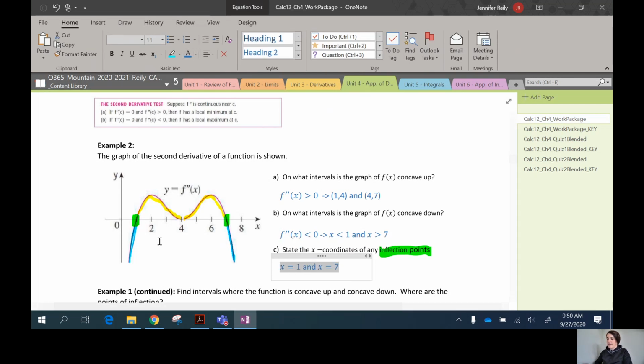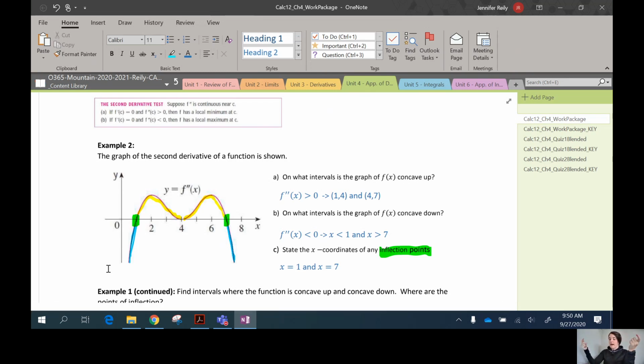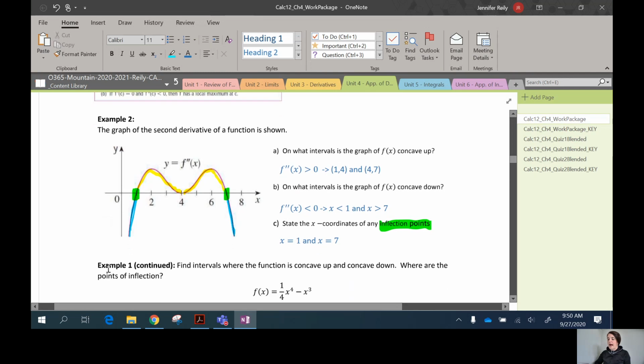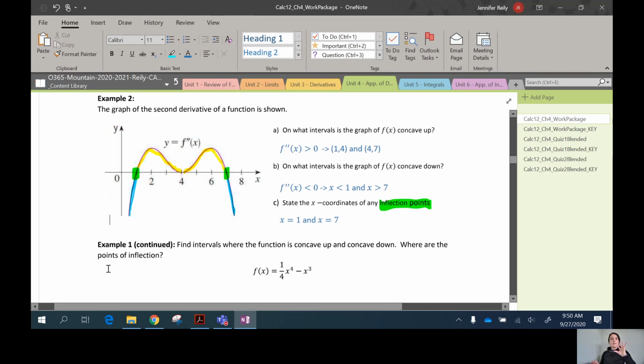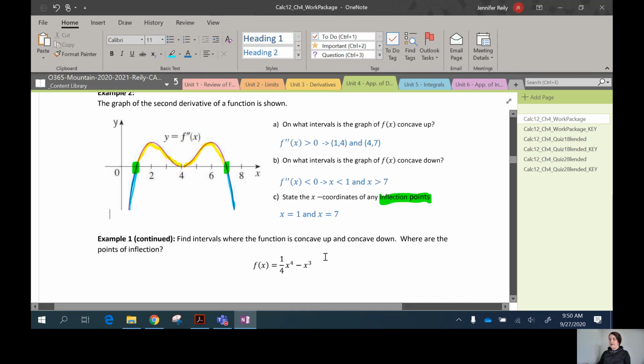Okay. So this example shows you what information you can get from knowing about the second derivative. You can tell the concavity and you can also find inflection points. Okay, so that was example 2. We're actually going to go back to example 1. Example 1 we started in the first video in 4.3 part 1, and we did the first derivative test